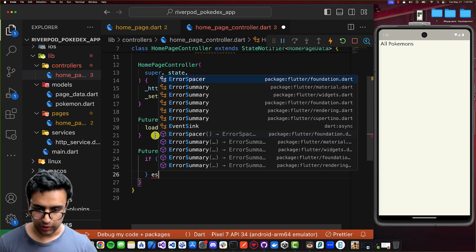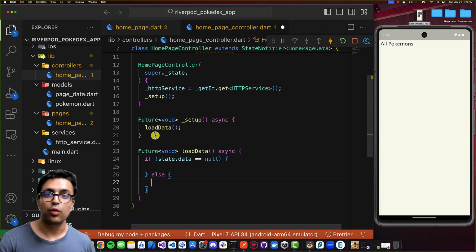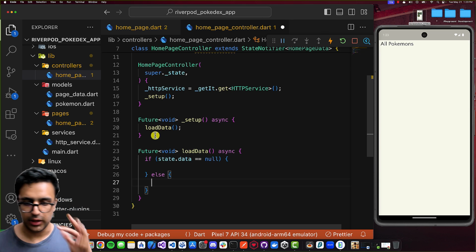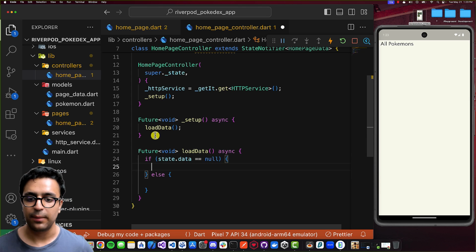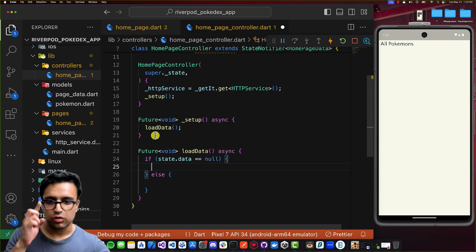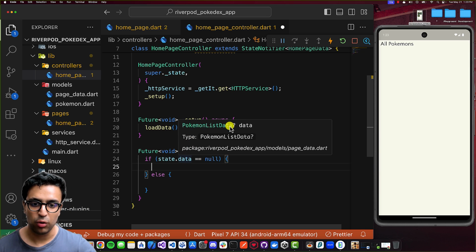If it's not null, let's create an else block. This means that we already have some data, but now we need to fetch the next set of data. So we'll leave the else for now, and we'll just focus on what happens when we don't have any data. So if the state.data is null, and data here is going to be of type Pokemon list data, as you